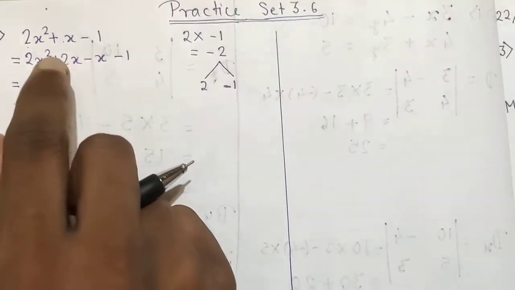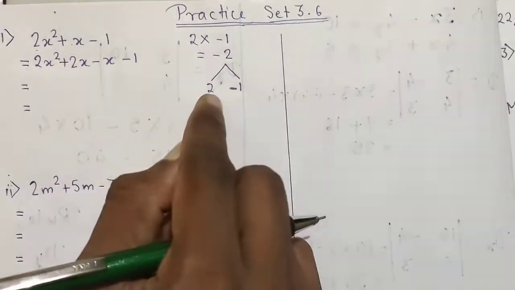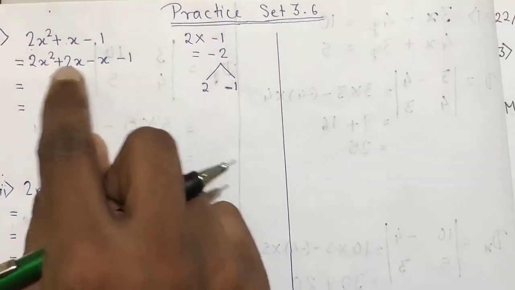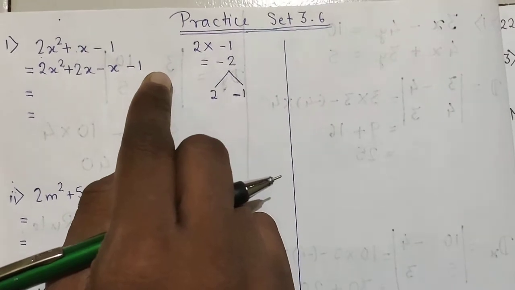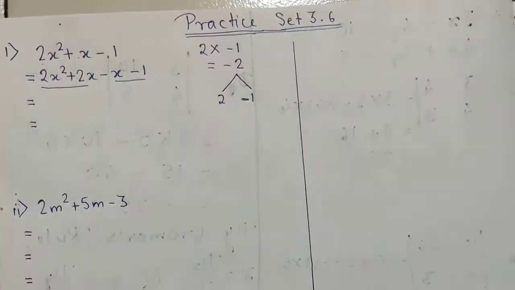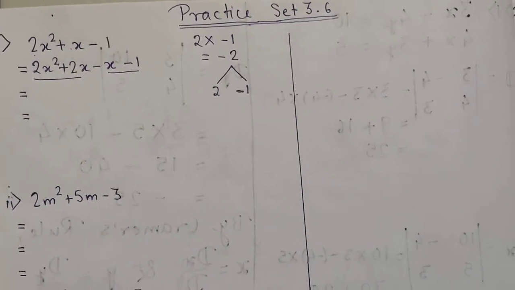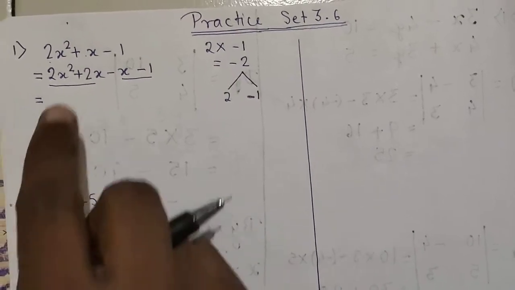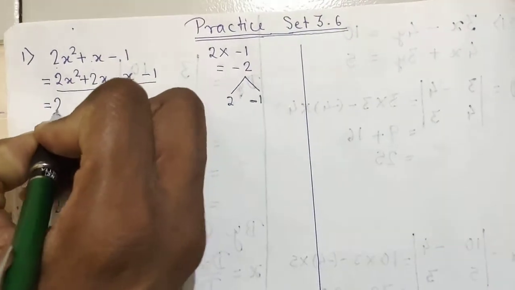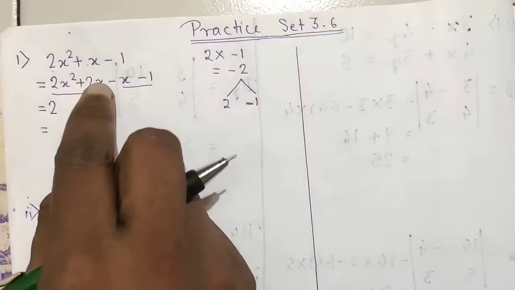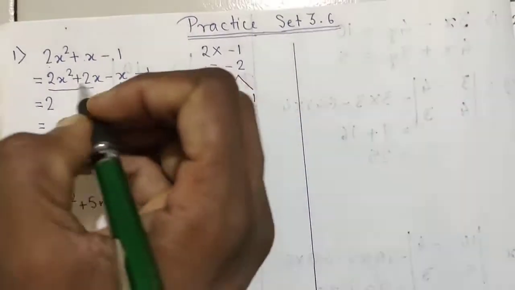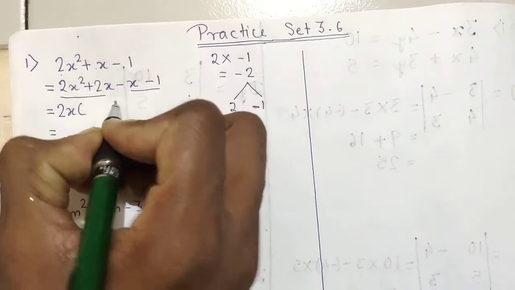Understood, students? First step is you need to make 2 parts, and then you have to write those 2 parts in place of the middle term, so that you are going to get 4 terms. Now in the next step, you are going to make pairs of 2 terms, first 2 and last 2, and you need to take common. Now in these 2 terms, you can see 2 is there, so you can take these 2 common. Now 1x is also common because x square means x is twice, and here 1x is there, so you can take 1x common in both the terms.